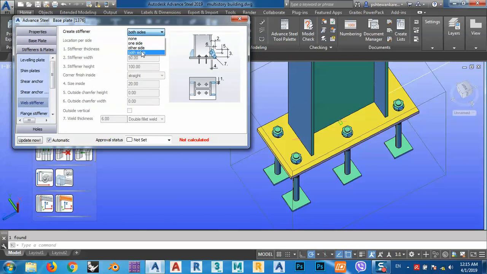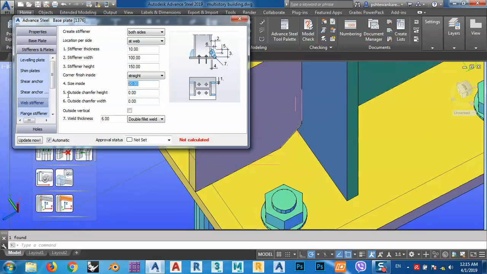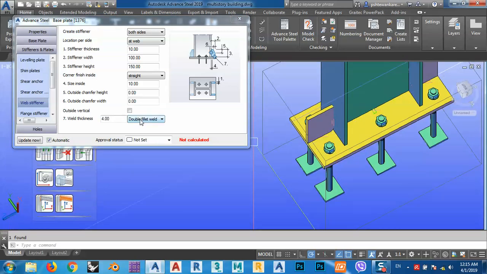Let's say both sides if we want, and the stiffener thickness, let's say 10 millimeters. The stiffener width, let's say 10 centimeters, which is 100 and 150 here. And this corner finish, 20 I think is okay, or not, maybe 10 is okay. The weld thickness is 4 millimeters. The type of weld is double fillet,